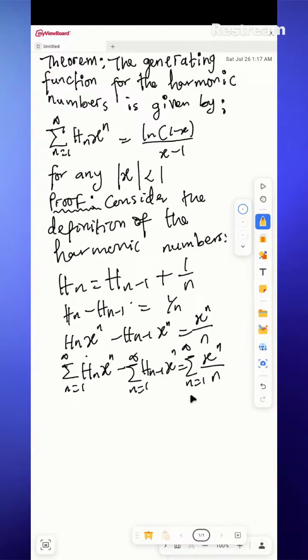Now, if we look at this right hand side sum, this is the same thing as negative natural log of 1 minus x. Okay, so summation of x raised to the power of n over n, from 1 to infinity is negative natural log of 1 minus x. So then we are going to have sum of n from 1 to infinity